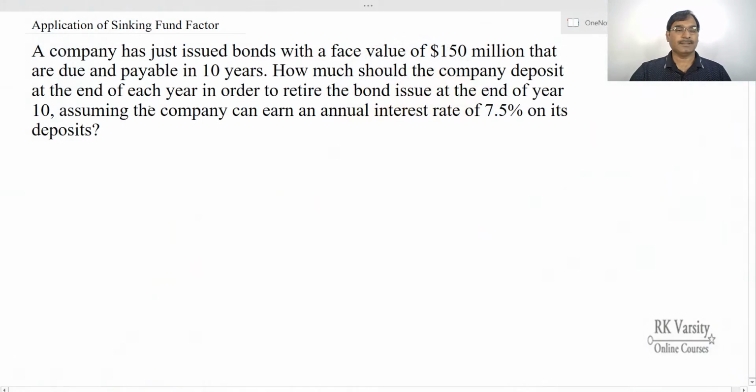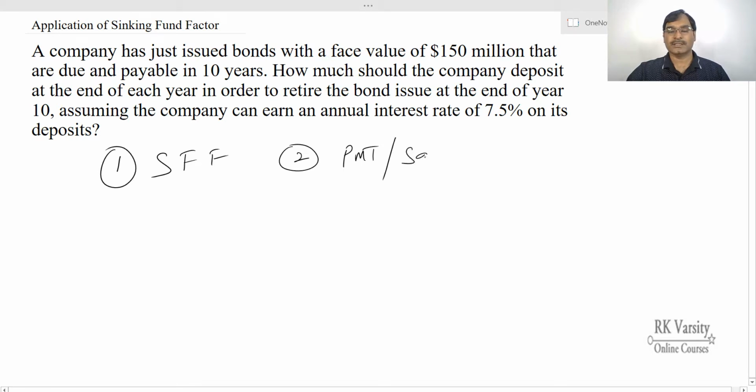So here is an example. A company issued bonds with a face value of $150 million that are due and payable in 10 years. How much should the company deposit at the end of each year in order to retire the bonds at the end of the 10th year, assuming the company can earn an annual interest rate of 7.5%? So here, first we calculate the sinking fund factor,